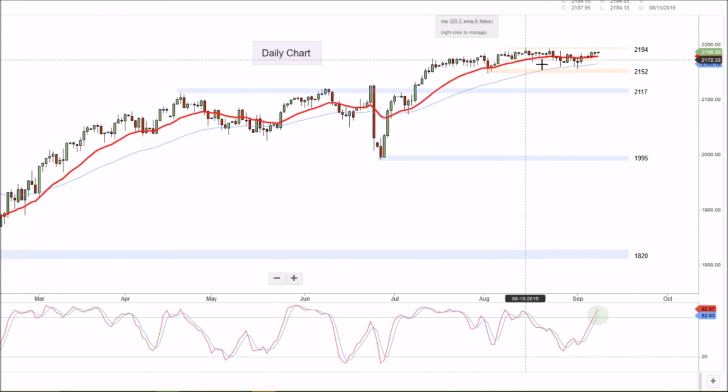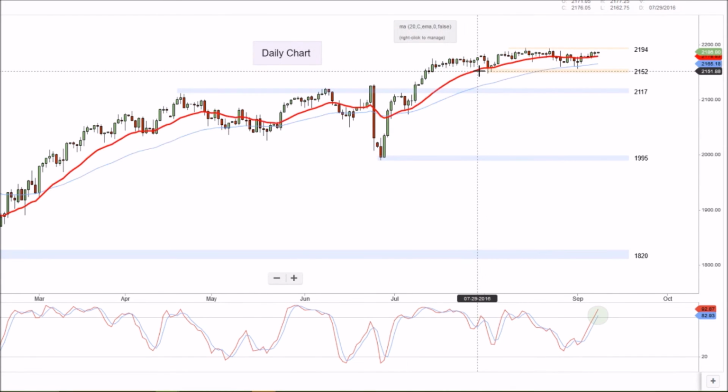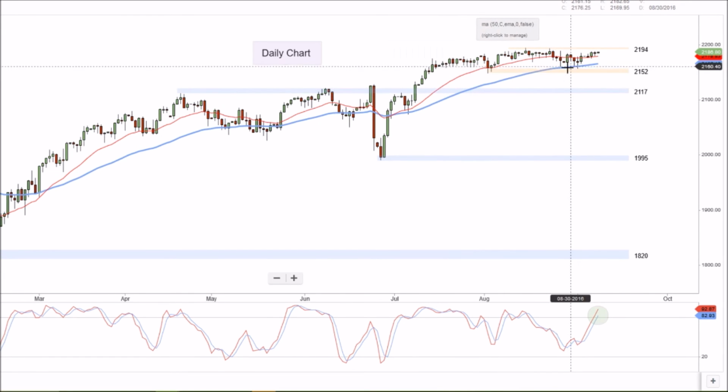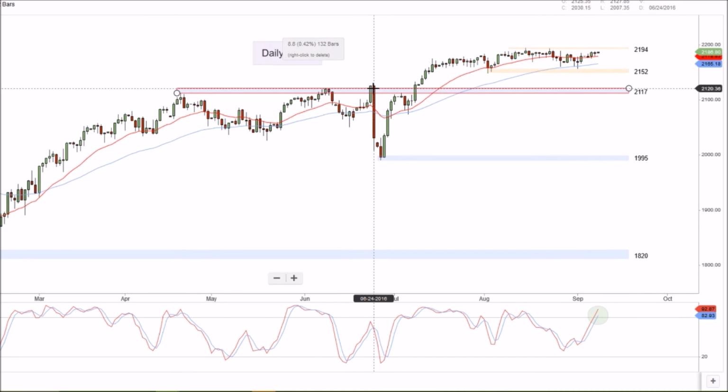It's finding it a bit tough. We've been really just bouncing around in a minor trend between that 21.94 and 21.52 zone. That 21.52 level there should provide a bit of support. We've touched down there, we rejected those levels, and we can see the moving averages. The EMA is actually still going higher, so we could easily spike through that. Now, if we do spike through that, we could easily, just like we've done here, spike through and bang,